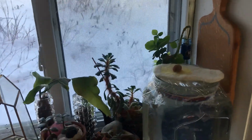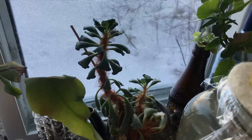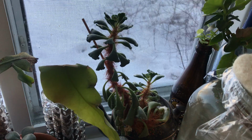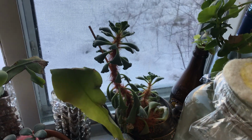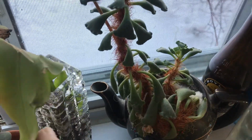So I have one that I love to point out to people. This one here is a succulent. When my sister Meg had her first baby, Winter, at her baby shower, she gave out these cute little teeny tiny succulents, and that's what that is. It's grown really big, and you can see I have it in a little teapot,